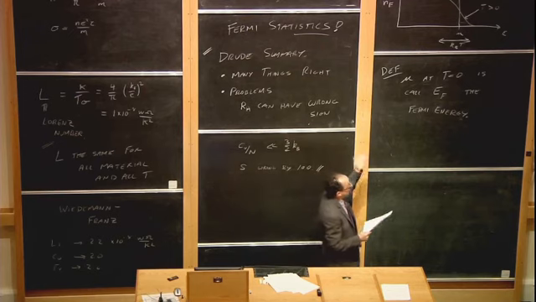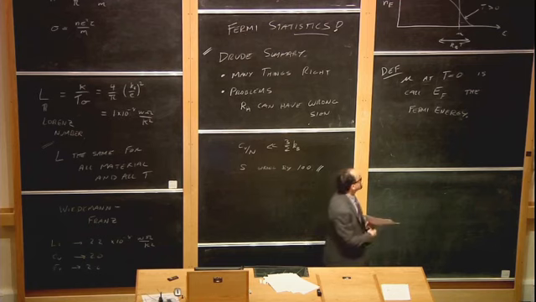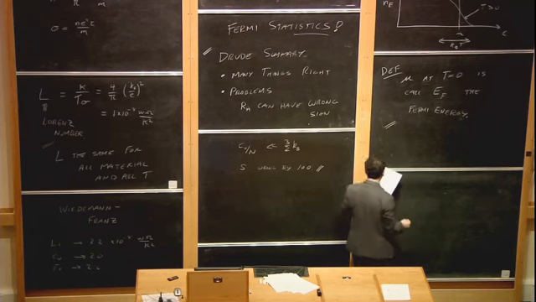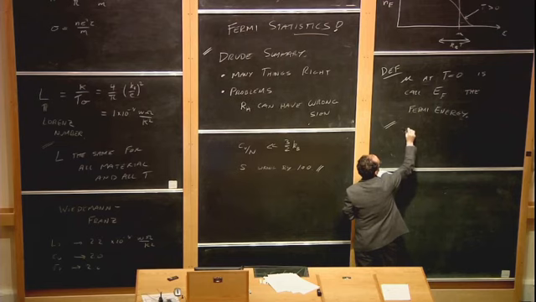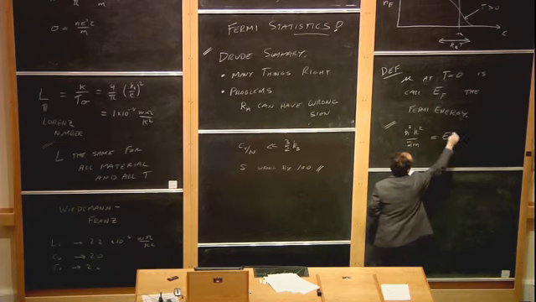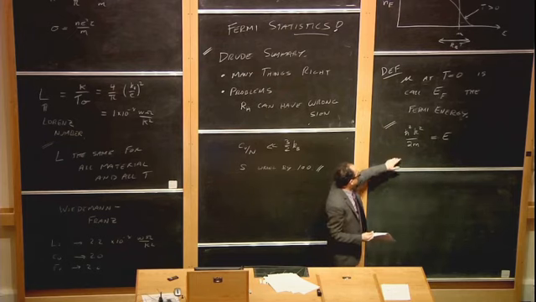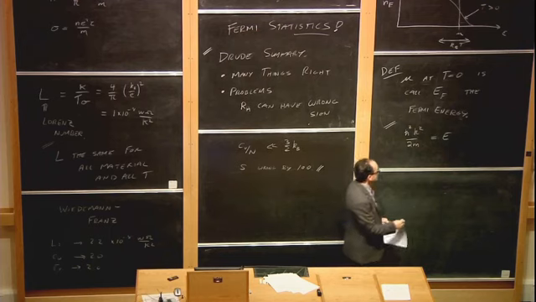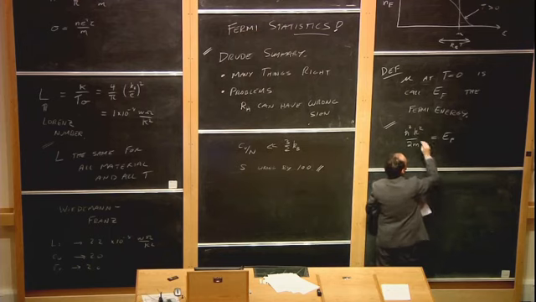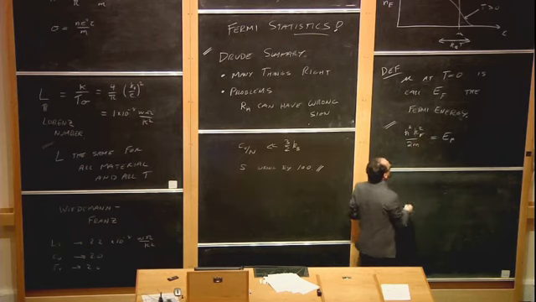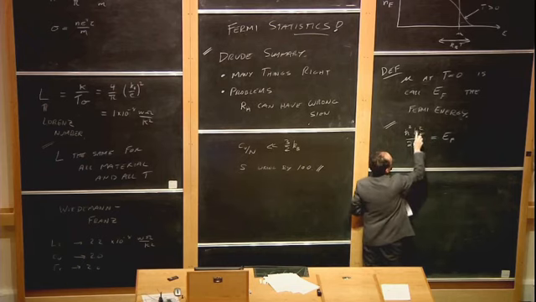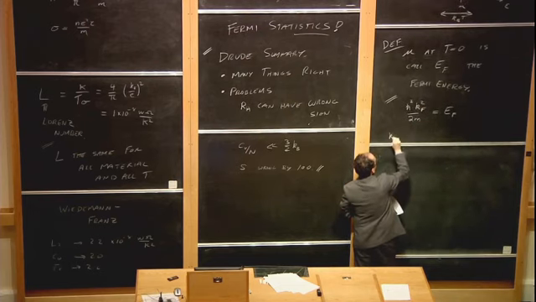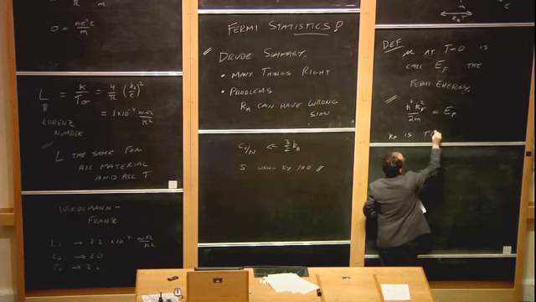Chemical potential at 0 temperature, we call it the Fermi energy. For electrons, which are free electron waves, we generally have ħ²k²/2m as the energy. If you have a wave with wave vector k, its energy will be ħ²k²/2m. So if we fix this to be the Fermi energy, then we define k_F to satisfy this equation. So k_F is defined by this equation. This defines k_F, the Fermi momentum.